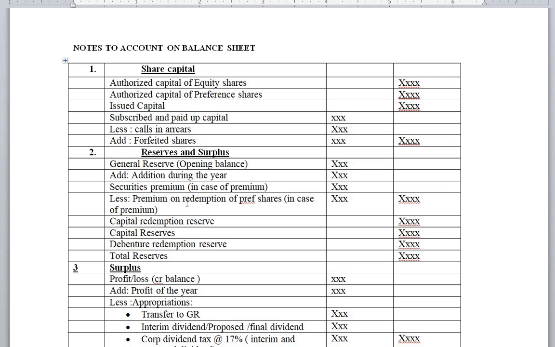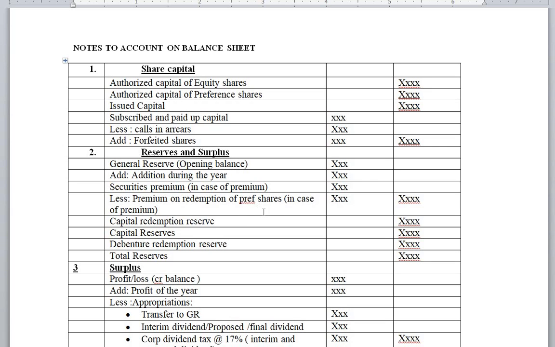Okay. And if you are redeeming the same preference shares which you have offered at a premium, the premium on redemption of preference shares, that extra amount, will be subtracted from the securities premium. So for example, if you are giving a securities premium of 1 rupee, that extra amount is given in the inner column, and from that amount you subtract the premium on redemption of preference shares. So whenever there are adjustments given in the question, you have to take care of that. Okay, and